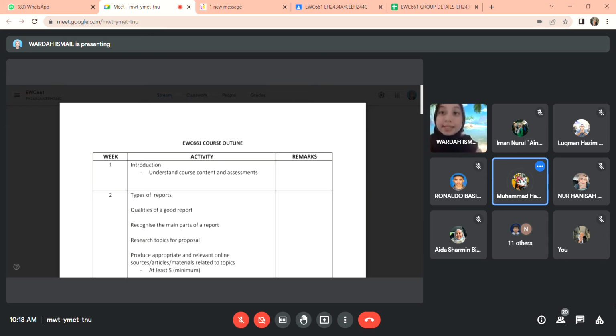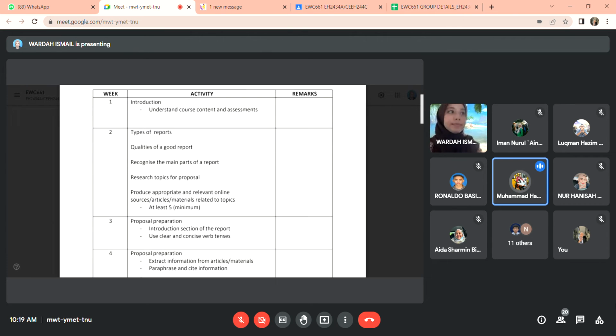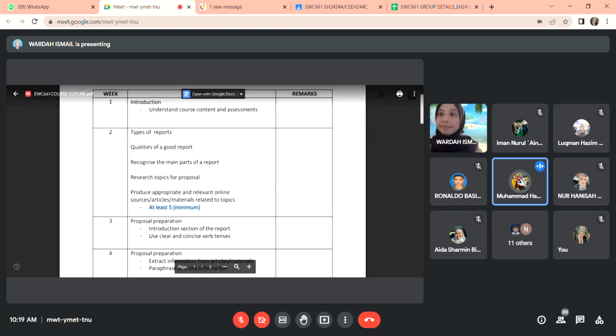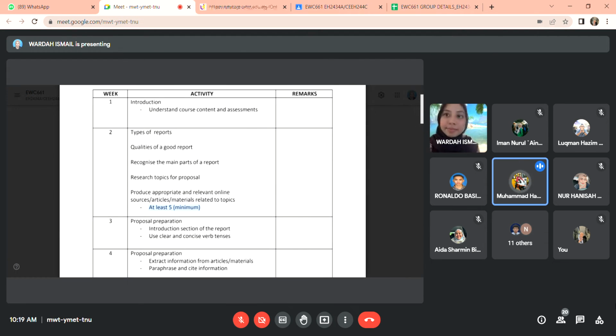Madam, yang source tu kan at least 5 minimum kan. Dia kena berlainan tu, maksudnya macam surat khabar, artikel, internet ke, kalau boleh kalau contoh ada surat khabar 5, dah cukup macam tu. Okay, good question. In terms of type of materials, maksudnya surat khabar ke, internet ke, yang tu tak kisah. Boleh sama. Contohnya you nak ambil internet sahaja, website sahaja boleh. Tetapi dia mesti berlainan